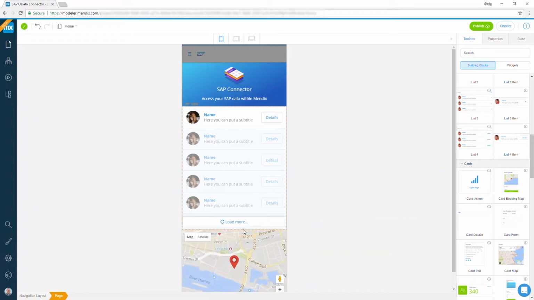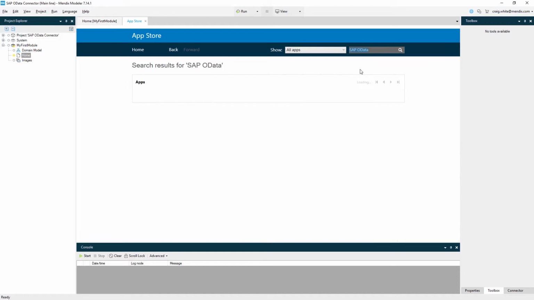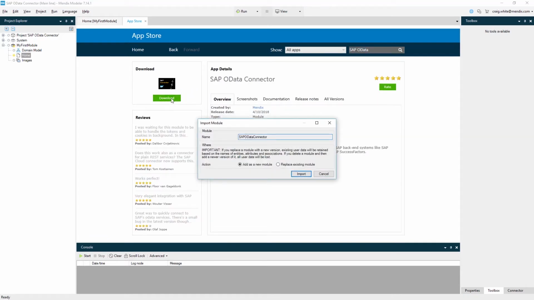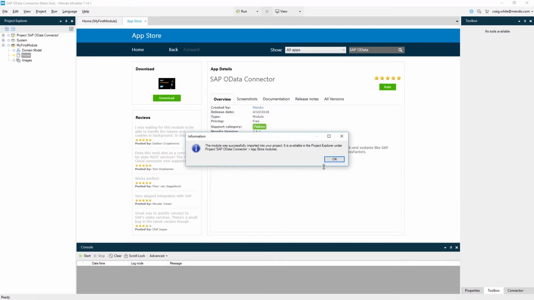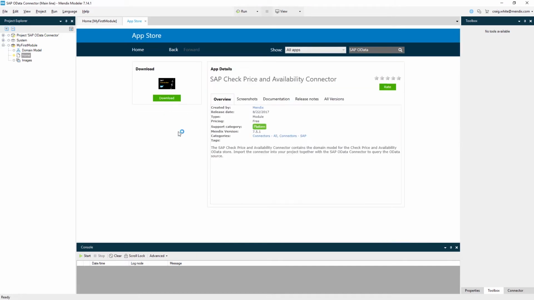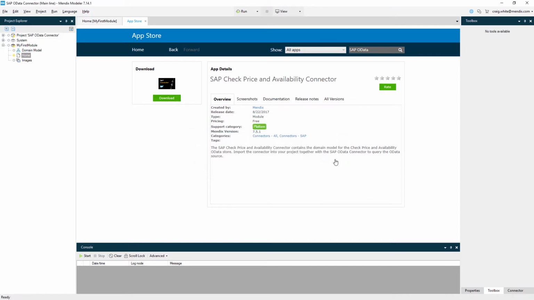Here we have a custom styled app where we will retrieve data from an SAP OData service. Pre-built connectors to these SAP services are available to download from the Mendix App Store, allowing you and your development team to quickly integrate into any SAP service. The Mendix App Store is a component library allowing you to share and distribute reusable functionality to help rapidly develop